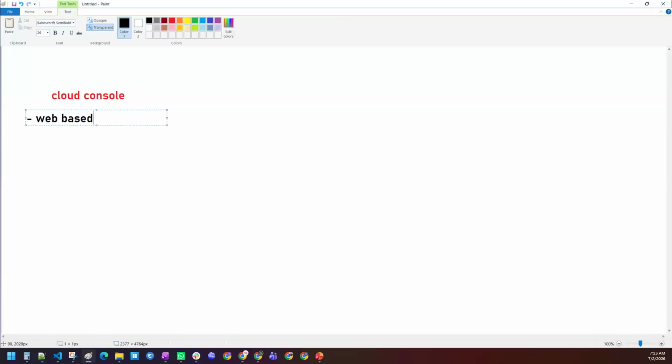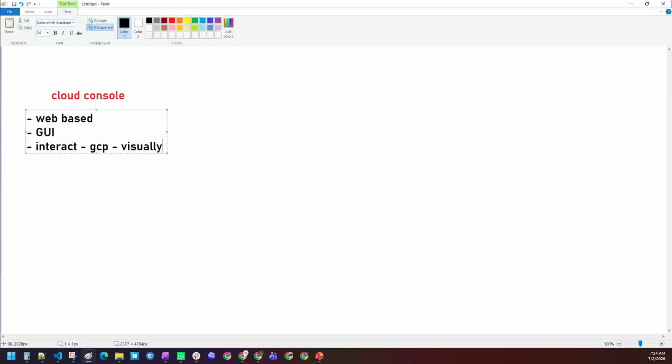Console is a web-based graphical user interface to interact with the GCP services visually. This is what console is.